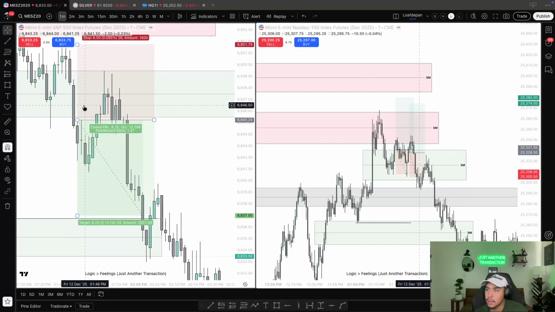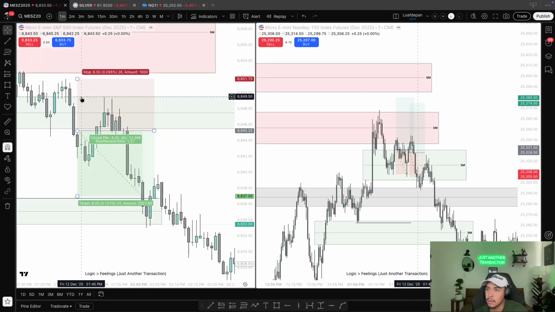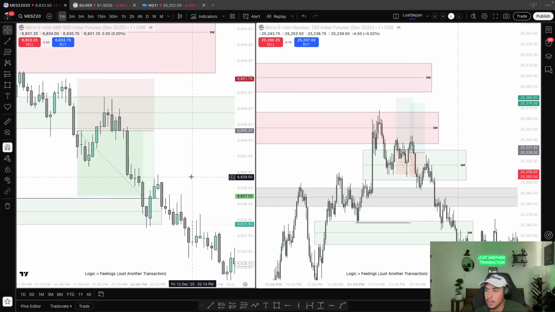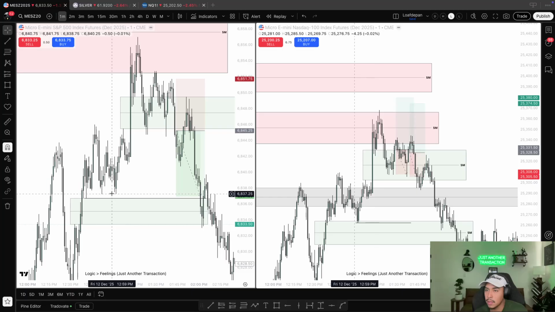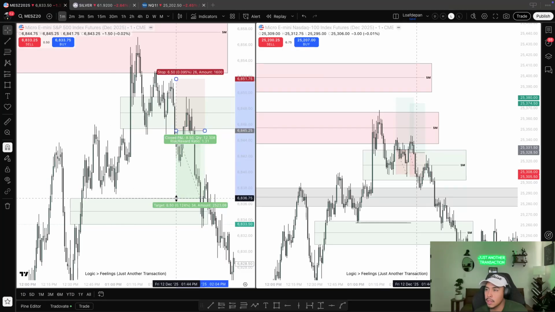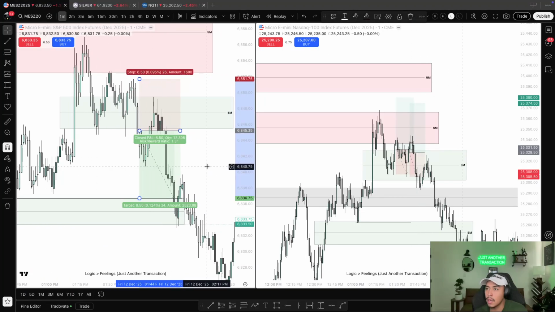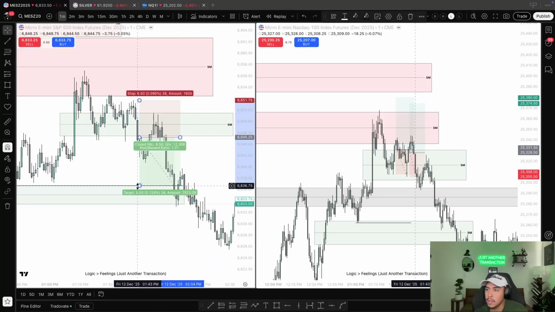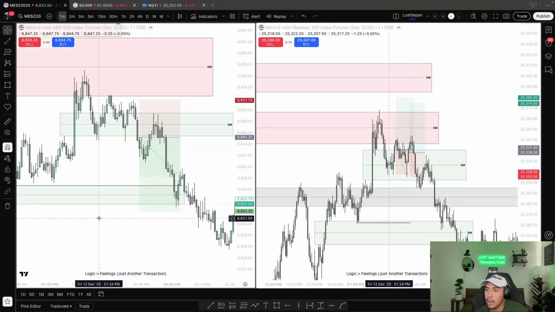an inversion, fair value up to the downside. And then we hold those PD arrays, and then we displace lower. And my target would have just been these relative lows here, and then targeting the inefficiency on the 5. I wouldn't ask for more. Obviously, you can target the 2, but if I would have taken this trade,